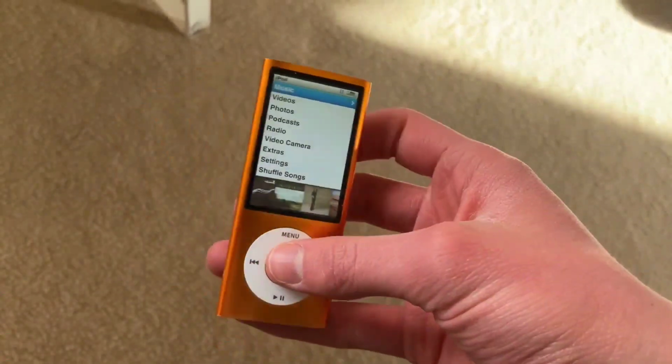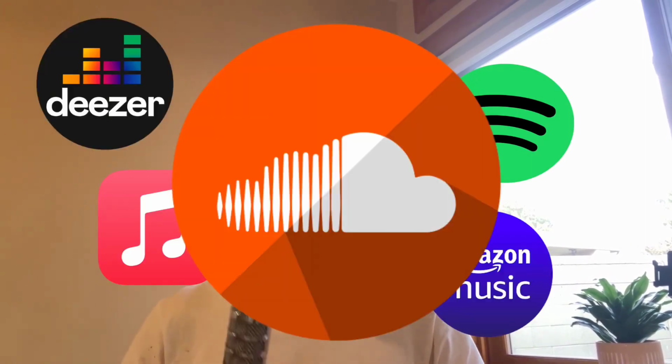Just be careful. I know the iPods have no Bluetooth, but online you can just buy these little $10 transmitters that you plug into the headphone jack that broadcast to your AirPods. But in the end, it's all your choice. I know almost everyone who watches this video is going to keep listening to Spotify and Apple Music, and Amazon Music and Deezer and Pandora and SoundCloud and all these other services, but at least give a moment of silence